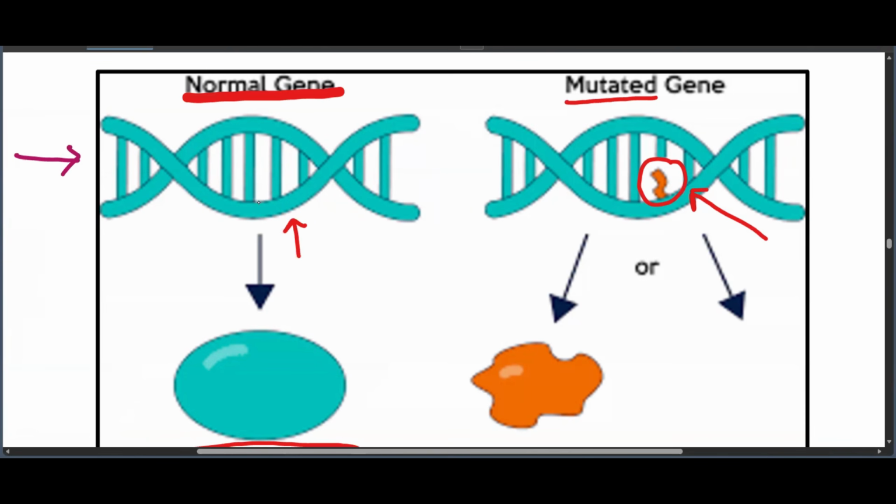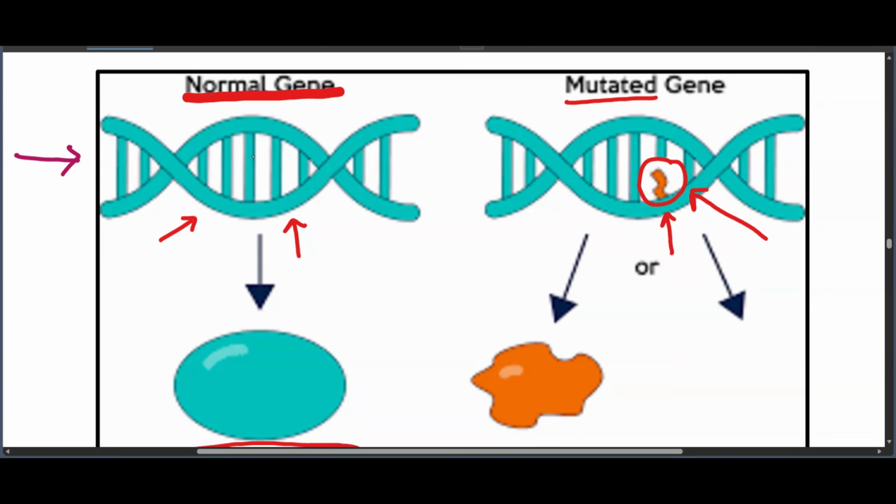Basically, a mutated gene has undergone a gene mutation. So the structure of the gene has changed. Normally, it was supposed to look like this. It was supposed to look like this, grade 12s, but due to certain factors, the structure of the genes has changed. And how did they change? They ended up looking like this, which is not normal anymore. So once the structure of the gene changes, we are not able to produce the same normal protein as we used to in a normal gene.